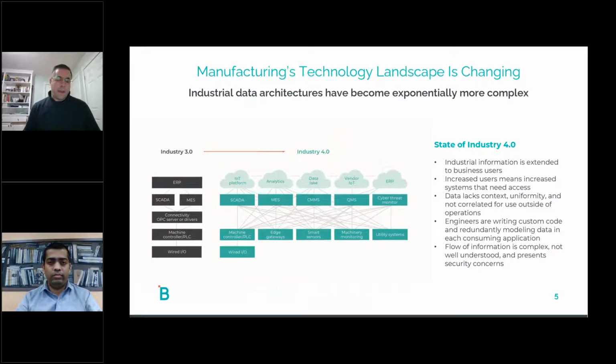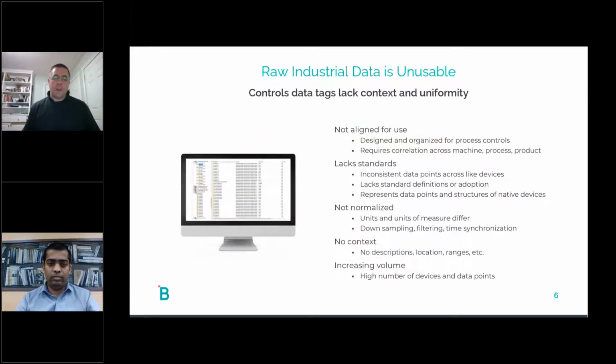In fact, beyond the data connection, we also have a challenge with making sure that the data is usable. So one of the challenges with industrial data is that we're using the data now. It was put in place for process control, but now we're using it for different use cases. So machine predictive analytics or predictive maintenance. We're using it for product traceability. We're using it for quality analytics. A lot of